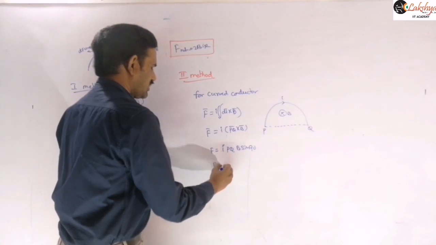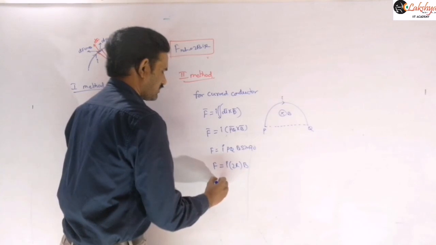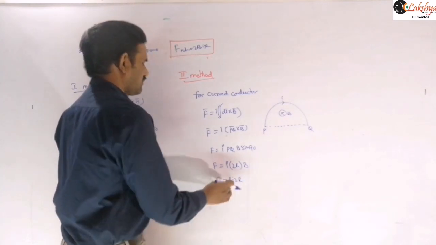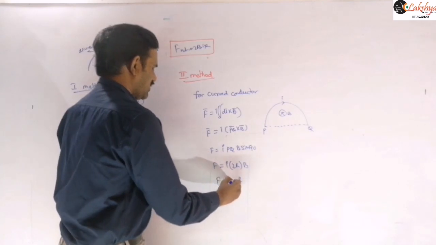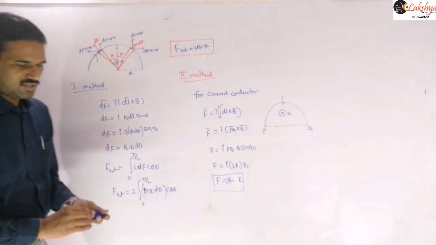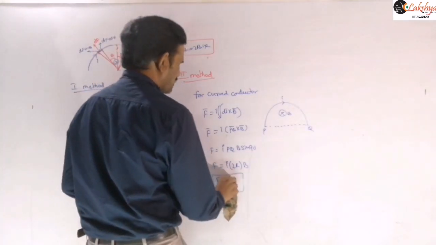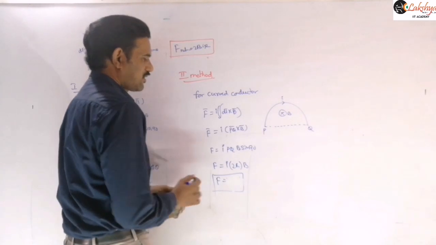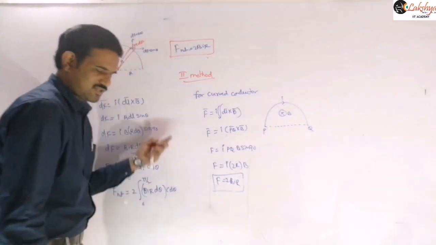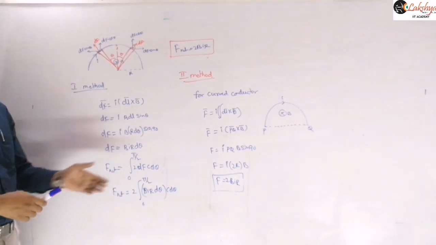And so now this is nothing but I into PQ, which is nothing but 2R into B. So therefore it is BI into 2R we can write, or 2B into IR we can write. So this is the force expression there. That means either you can write directly like this. That means this is the simplest method. So generally, problems we need to proceed like this only. No need of doing this integration method. Just I am explaining that procedure there. So that means you can approach this method here.